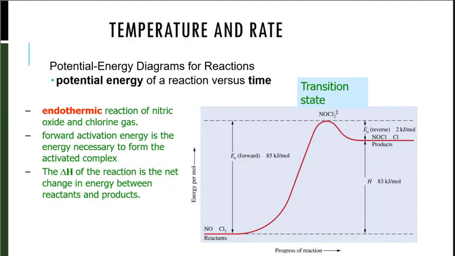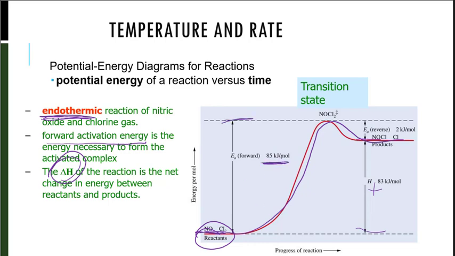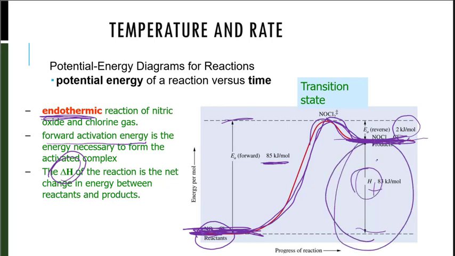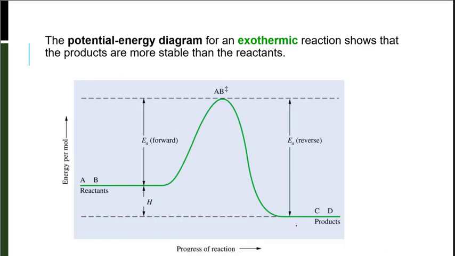There's two different types of reactions. There's an endothermic reaction, and that is when the forward activation energy is pretty great. And the delta H we can see here is a positive value. So going from reactants to products, we can see this activation energy is 85 kilojoules per mole. The opposite direction is only 2 kilojoules per mole. But going forward, from reactants to products, the difference between where the reactants are and the products are, not going up to the top, but this part, this delta H, is a positive value,